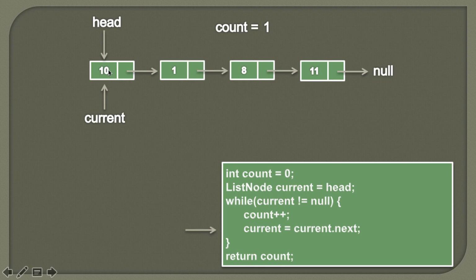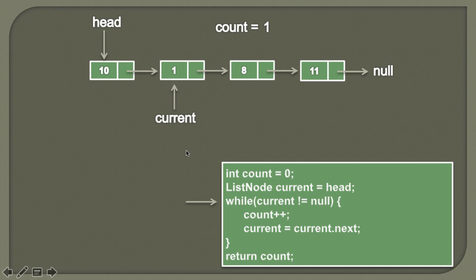So friends, as current is pointing to the first node, we have already counted this node. So now it's time to move to its next node. Here you can see current is pointing to this first node and current's next is pointing to the second node. So in order to traverse current to its next node, we'll simply assign the value of current.next to current. So it would look something like this. So friends, here we simply assign the value of current.next to current. Therefore now current is pointing to the second node having data as 1. Moving ahead.